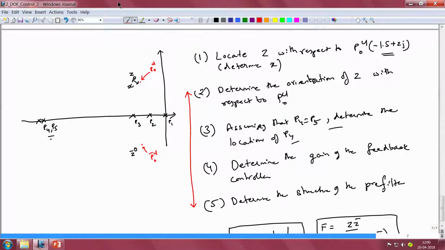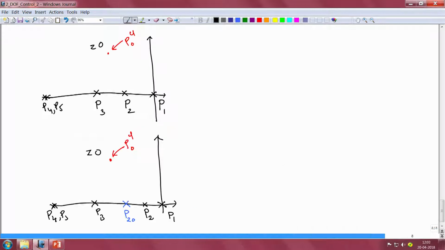So, let us therefore get down to determining the distance of the 0, namely the distance x from the point PCL naught, in order to prevent the variation of the closed loop pole PCL from being more than 0.04 units when the plant's gain and its pole location changes. In order to undertake the first step in the design, we shall look at the effect of each of these uncertainties separately. So, we shall look at the effect of change of gain of the plant and subsequently look at the change of the pole location of the plant.